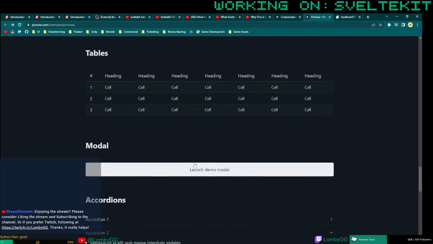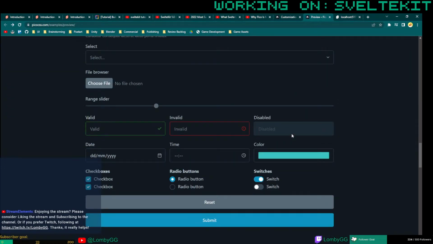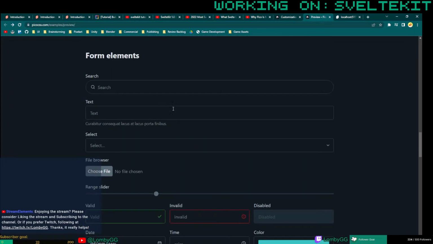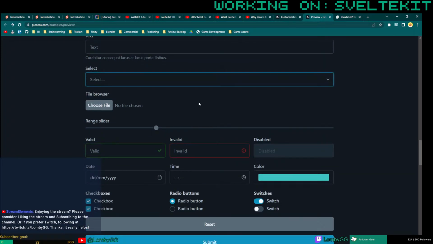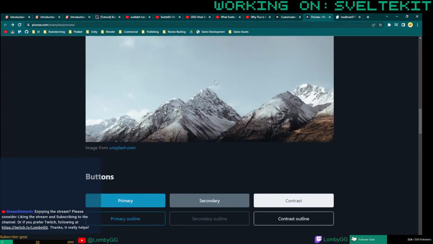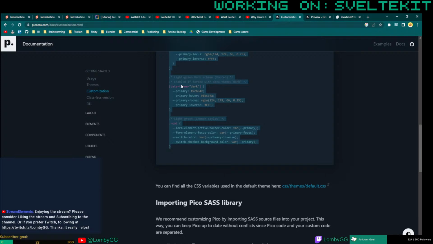Although I think we come back to this. I think this is all fine. We've got options here of whatever we want to set up. So if we want to make a form that has a search function or a text function or a drop down select, that kind of stuff, we can just come in here and have a look at how they've set up on the preview. I feel like there was another preview as well, wasn't there? There was